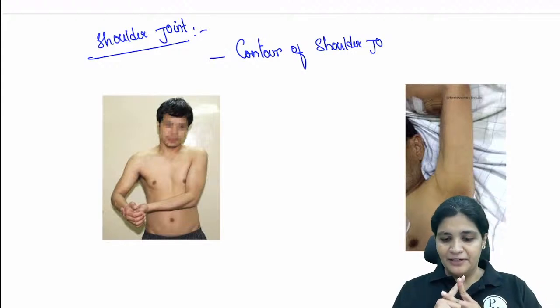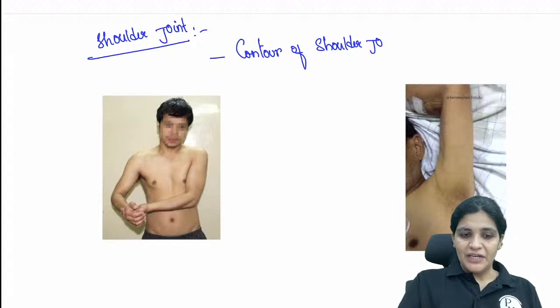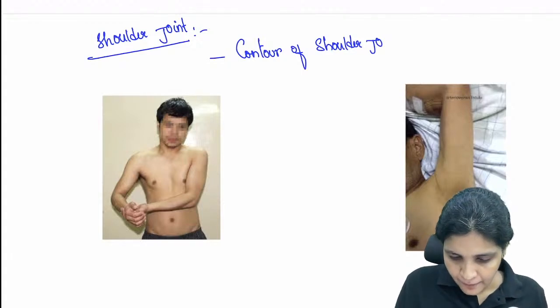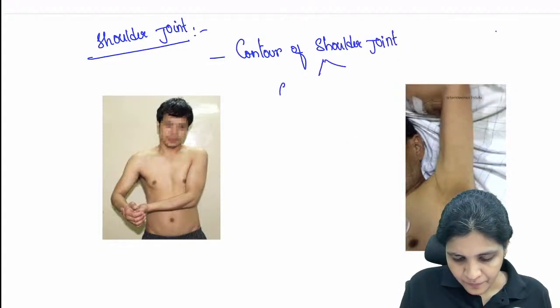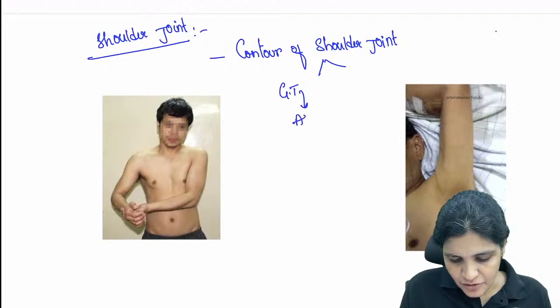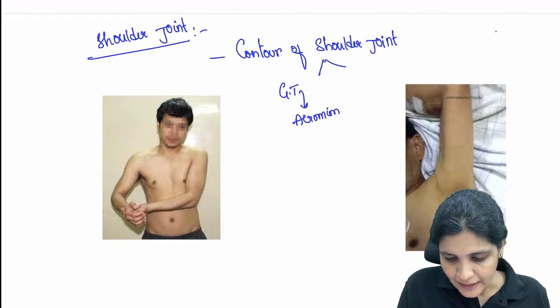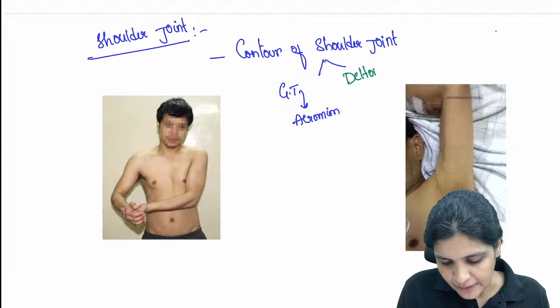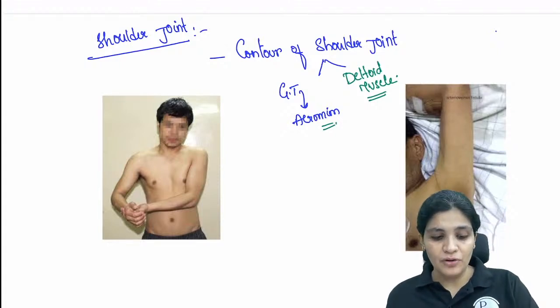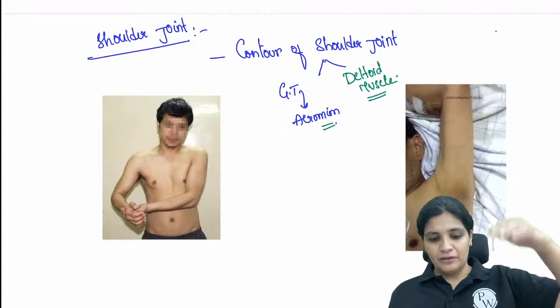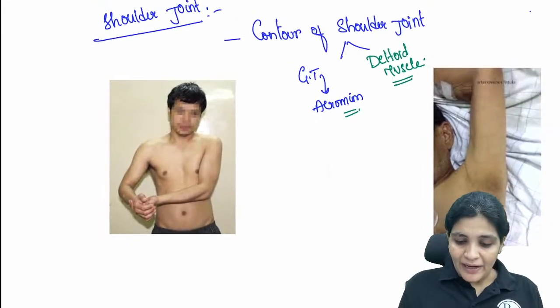So these are the two important things. First is the presence of the greater tuberosity, the GT, in relation to the acromion, and the second one is your deltoid muscle, the orientation of the deltoid muscle. These two are the important things which make us feel the contour of your shoulder joint. So whenever there is an anterior or any dislocation,